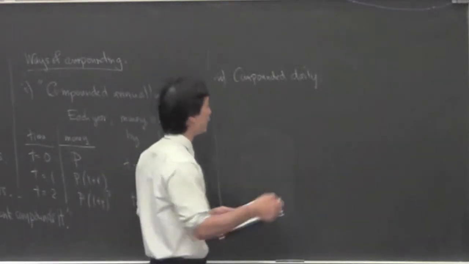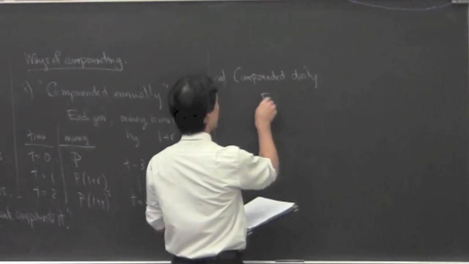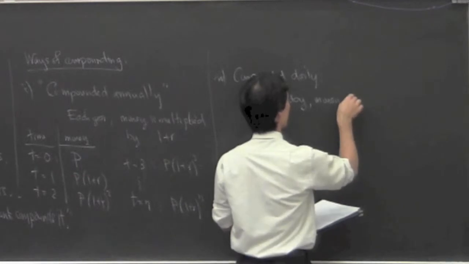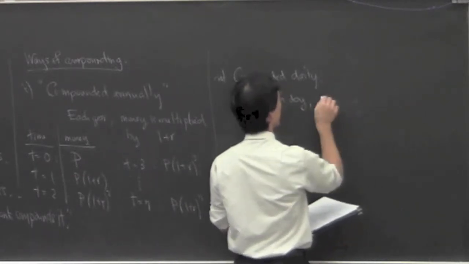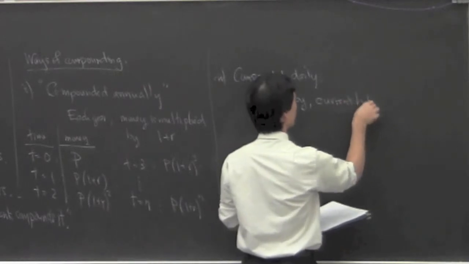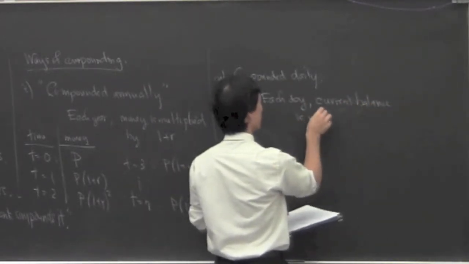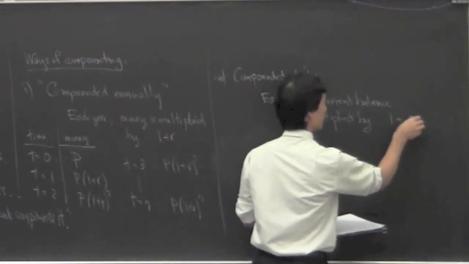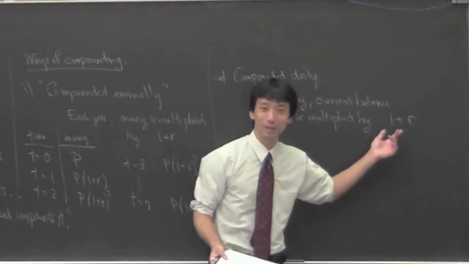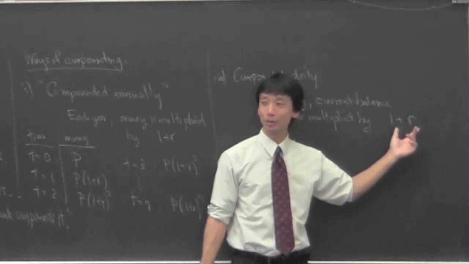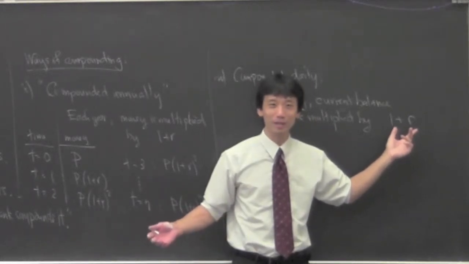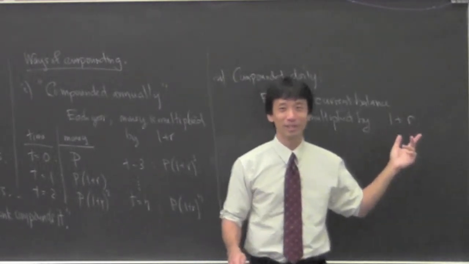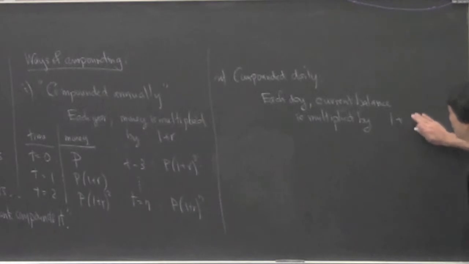Your interest is compounded daily. And so that is, each day, your current balance is multiplied. How much money you have right then is multiplied by, well, it's not 1 plus R. That would be great, right? If you had a bank like this that said, okay, we'll do in 1 day what the other bank does in 1 year, everybody would go to this bank, right? That would be crazy. And the bank would fail, you know, immediately. Okay, so that would not be reasonable.